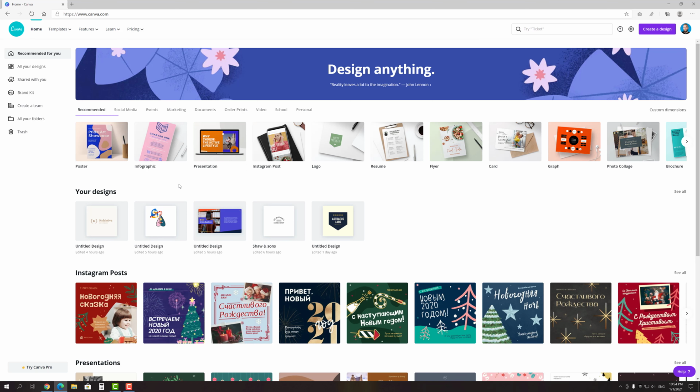appropriate option. As you can see, there are a lot of templates on the left sidebar that you can choose from. Let's say that I'm the owner of the local barber shop and want to make a logo for its website. To start editing the logo, just click on it.